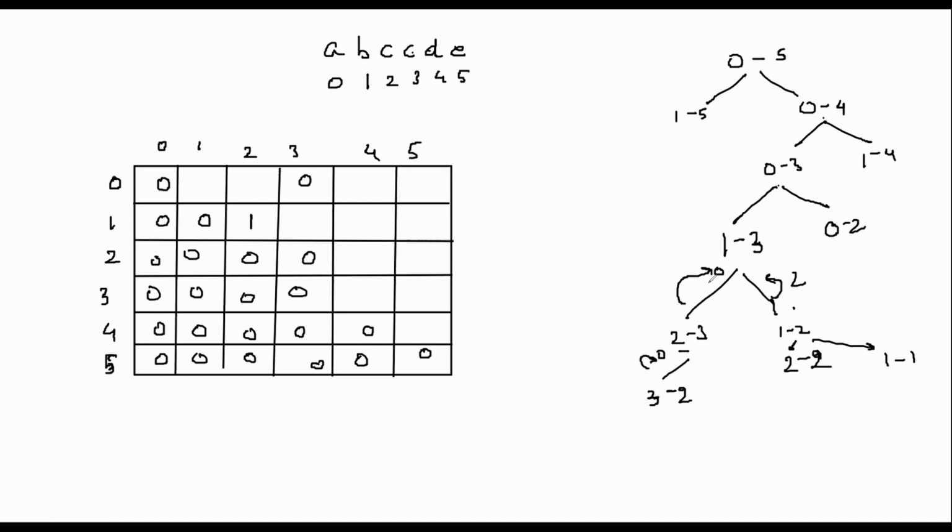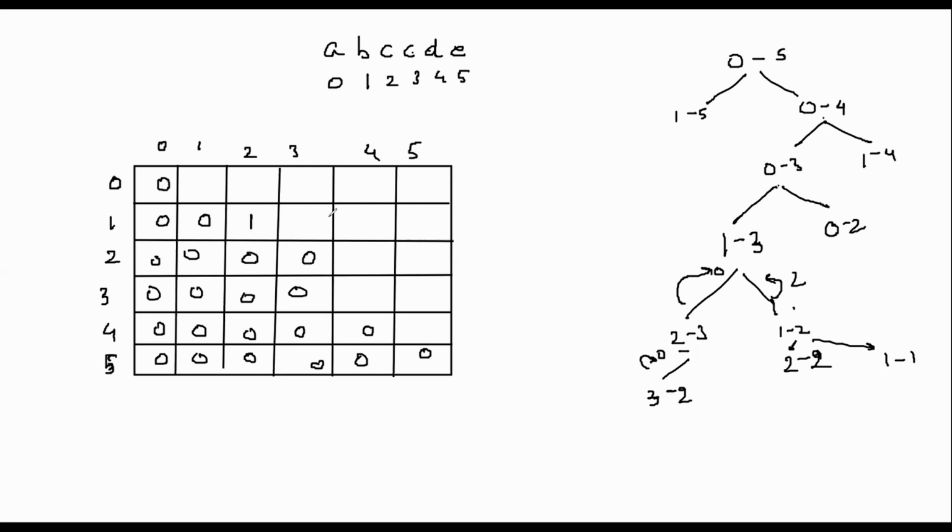Oh, sorry. 1 comma 3 is 1 because I made one insertion by doing it, right? So 1 comma 3 is 0 plus 1 is 1, or 2 plus 1 is 3, so it is 1 actually. So 2 comma 3 is 0 and 1 comma 2 is 1. So what would be the value for 1 comma 3? Since 1 and 3 were not equal, we made one insertion and the minimum among the leftovers is 0. So 0 plus 1 is 1.